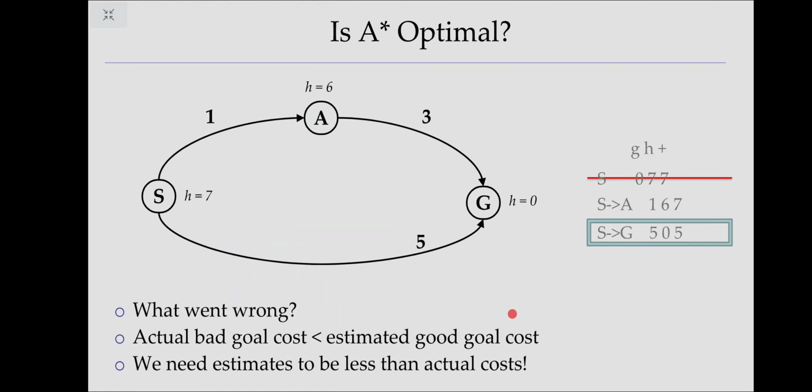But in this example, 7 is greater than 5, thus expansion of A is not needed, and the algorithm terminates. But the solution is not optimal because, as you see, the optimal solution is S to A to G with cost 4. But our greedy algorithm cannot find the solution. What's the matter? The solution is